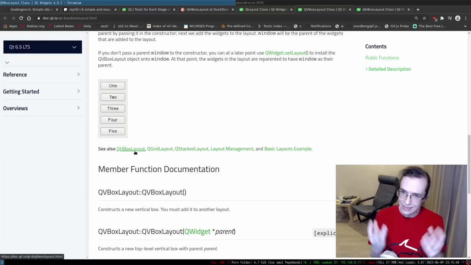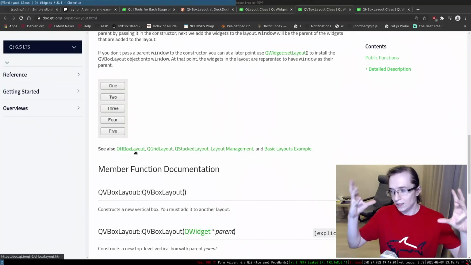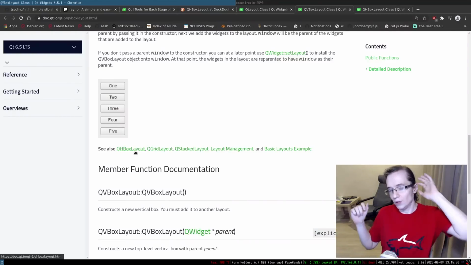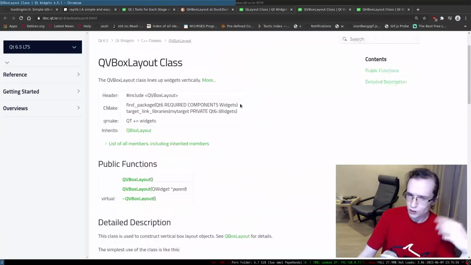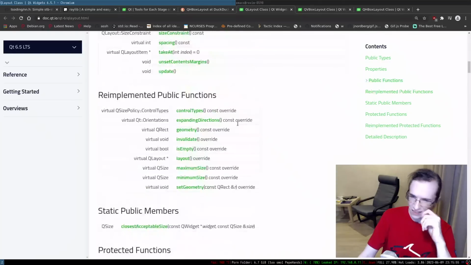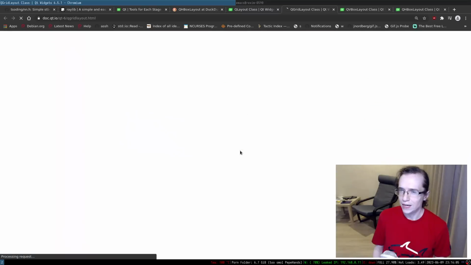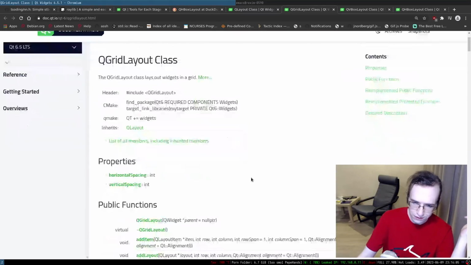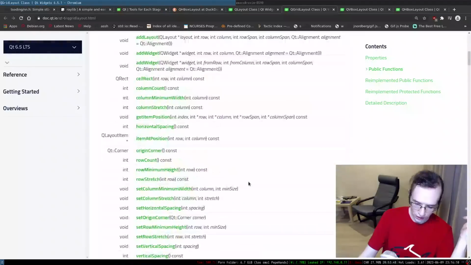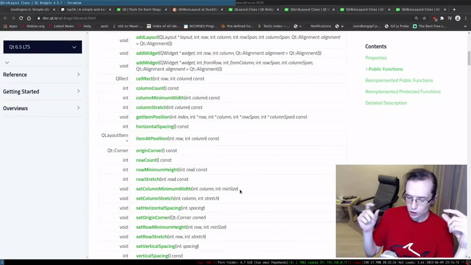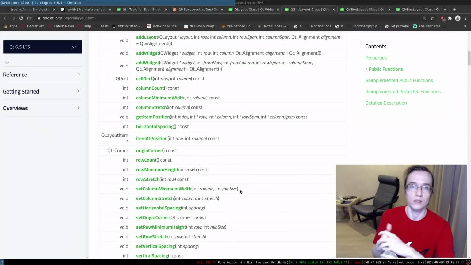By nesting these different kinds of layouts that are oriented in different ways, you can create a pretty complicated UI. It has more kinds of layout. It has a grid layout, as far as I know. Yeah, there's also a grid layout, but I don't know how useful it is because you can simulate it. You can say, I have a vertical layout and each element of the vertical layout is a horizontal layout with an equal number of elements. And there you go, you got a grid.